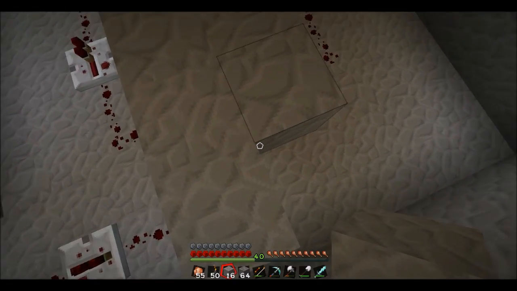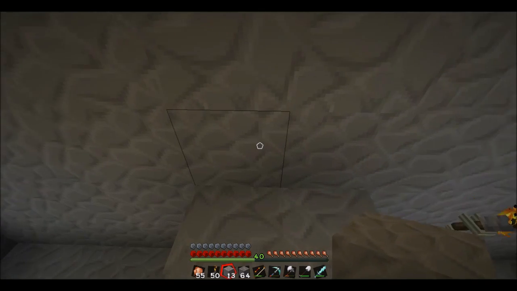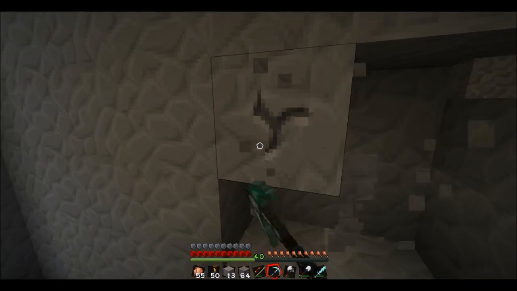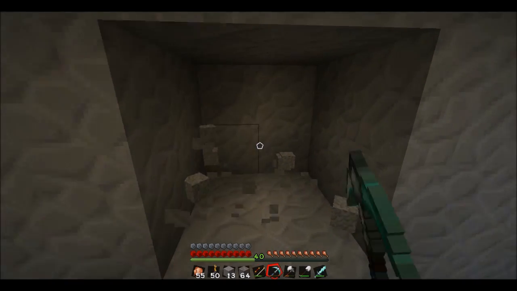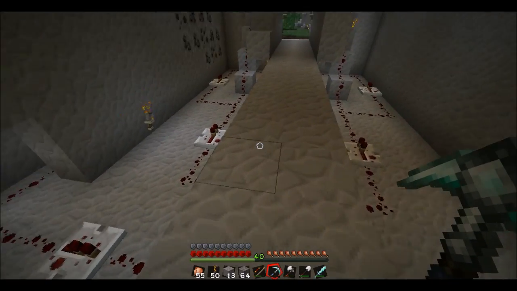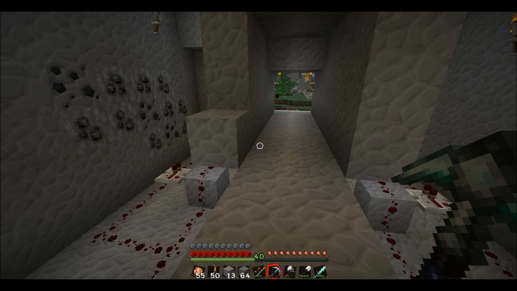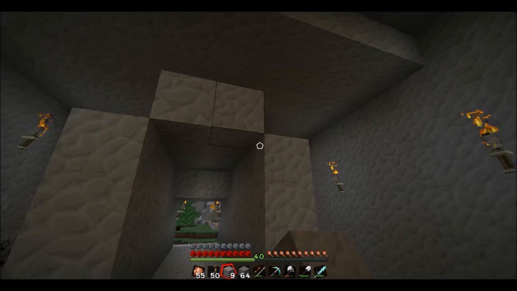Of this building. There we go, and actually what happened is this will then effectively become our entrance. So this is all going to be blocked out. I'm going to run out of stone. I think I'm going to run out of stone, so let's just put